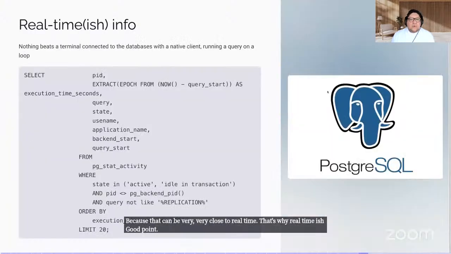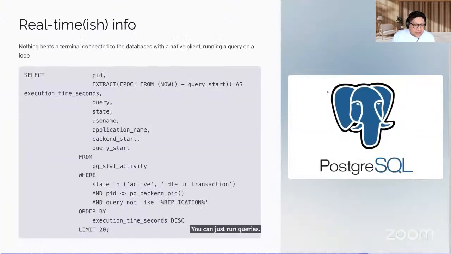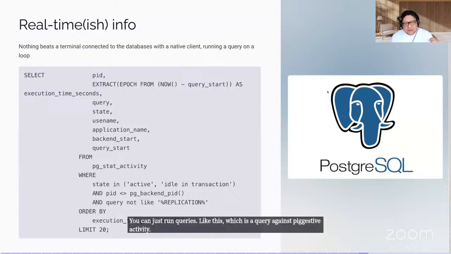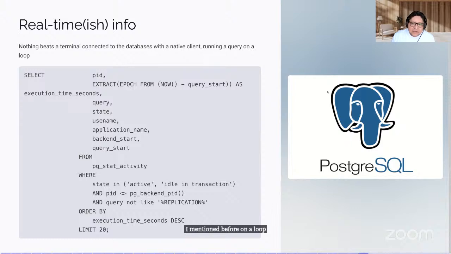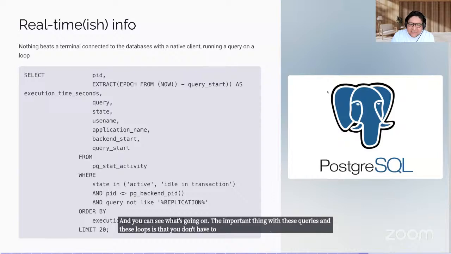You can just run queries like this, which is a query against pg_stat_activity that I mentioned before, on a loop every second, ordered by execution time, and you can see what's going on. The important thing with these queries and these loops is that you don't want to see patterns, right?